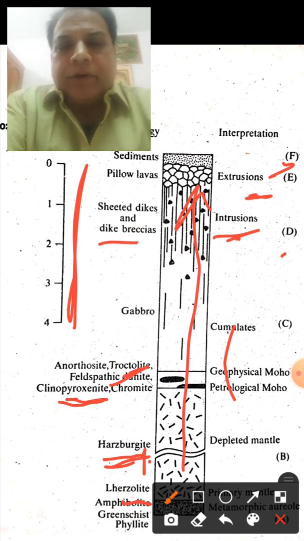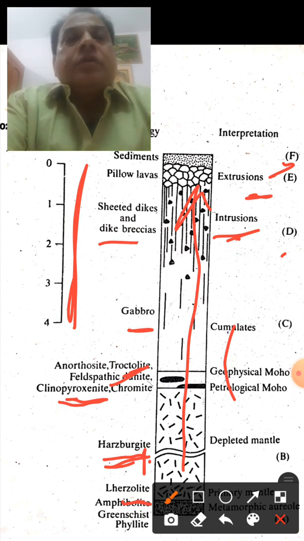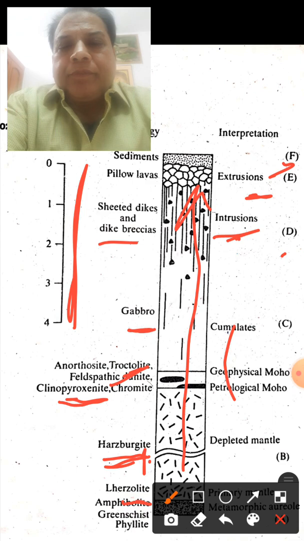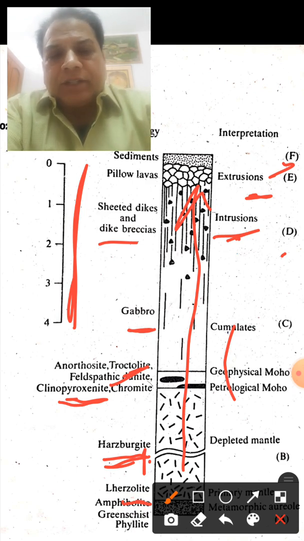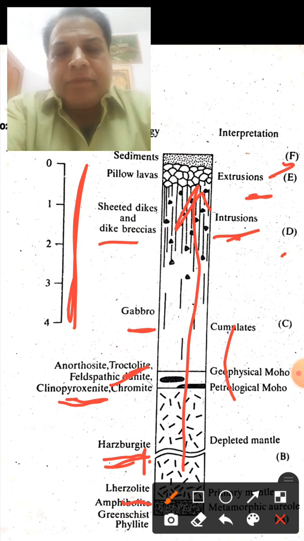Gabbro, you all know the gabbro composition. It is labradorite plus clinopyroxenes. So these are the different associations or sequence of metamorphic, ultramafic, basic,